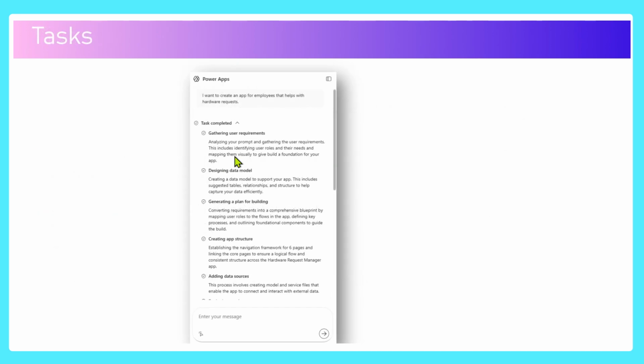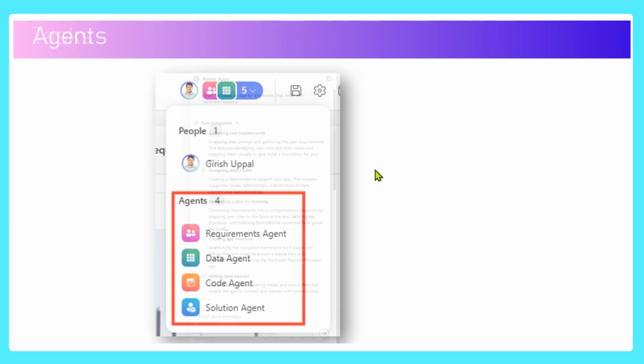Now, there are various steps which get undertaken by the system. First is the creation of a task, so planning of the task, and then executing those tasks. As you see over here, these are the list of tasks which get first planned and then executed by the AI model. The first step is gathering the user requirements, designing the data model, generating a plan for building, creating the app structure, adding data sources, and there are many other things which I'm going to show you